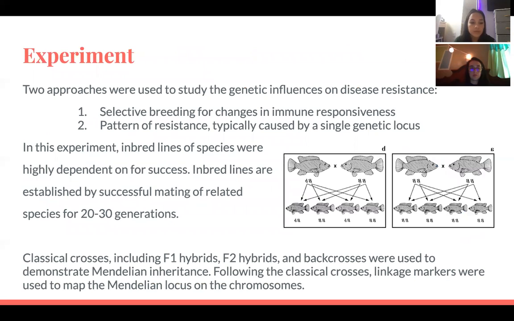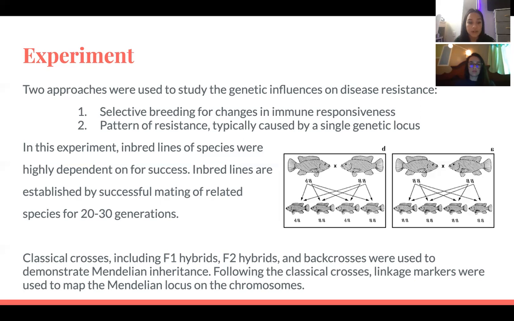So the experiment portion of the paper included two approaches to study the genetic influences of genetic resistance. One being selective breeding for changes in immune responsiveness, and another one being a pattern of resistance. Selective breeding was used especially when disease resistance is expected to be under polygenic control. It focuses on families that were homozygous only for those genes determining the immune response under selection. Pattern of resistance is